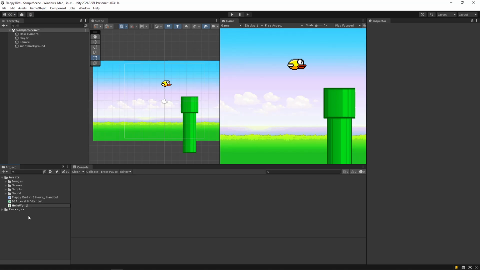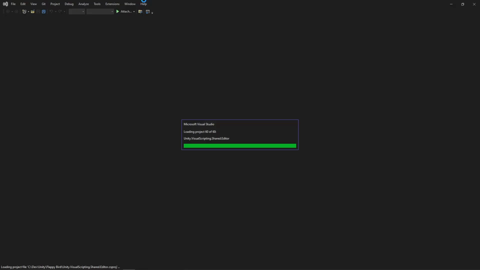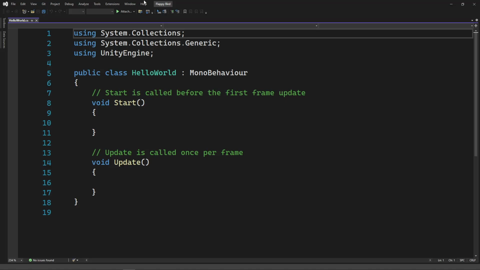Wow, it's actually set up right. Okay, so if I double click on Hello World now, it will come up with this Visual Studio Code. I have the 2021 version installed, but by default, Unity installs 2019. And just want to note, is anyone having something pop up? It might say like, what tool do you want to use to open up this CS file? Is anyone having that prompt come up? It should install Visual Studio by default, but sometimes something weird happens.